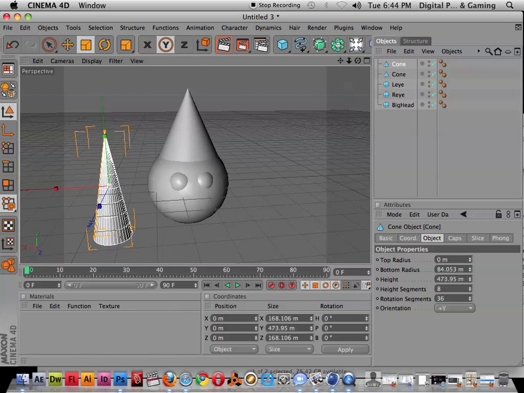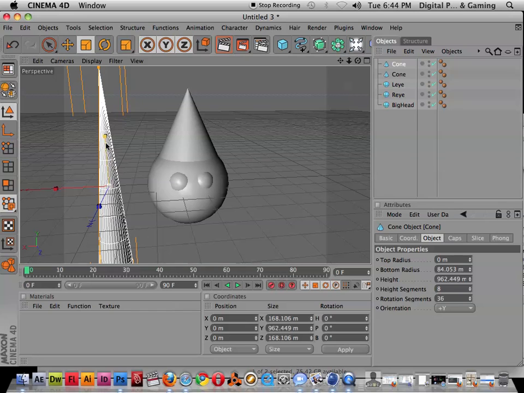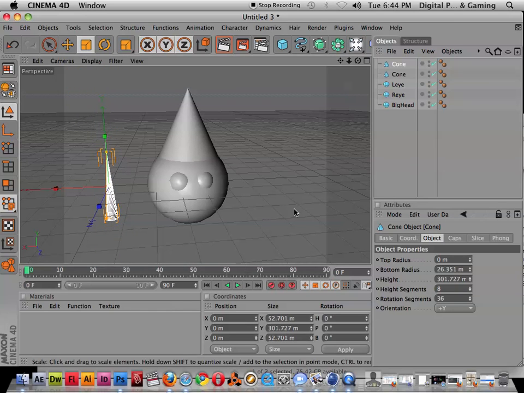And you should be able to limit so you're only scaling on Y. But I'm going to keep X, Y, Z on and see if this thing still works. Yeah, for some reason, clicking on the dot will actually make it work. So I'm going to scale it just a little bit skinny, all the way tall. And then from the middle, I should scale it all the way tight so I could get this little thing